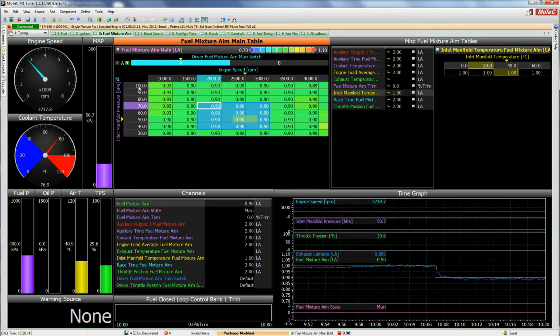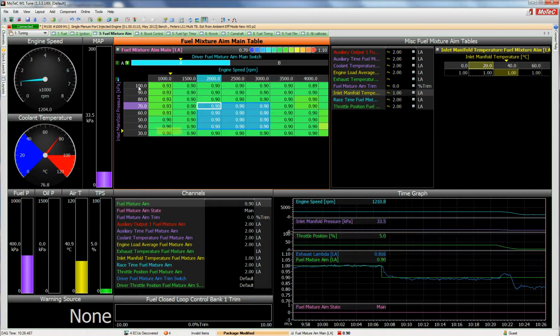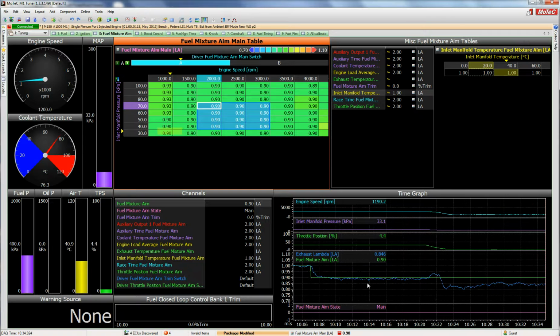I'll just bring this down to idle now, make it a little quieter. So the main intention of that is to get that to follow correctly for different air fuel ratios. Different mixtures, as we said, affect the density. Once that's done, you can then have the M1 have any sort of fuel mixture aim request,